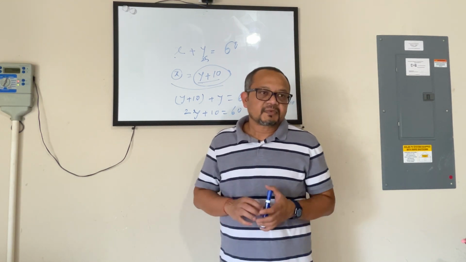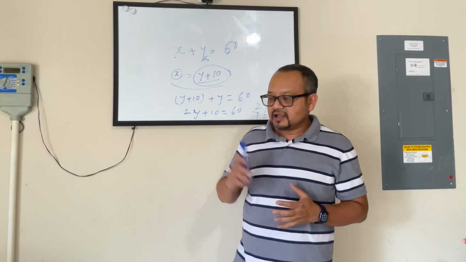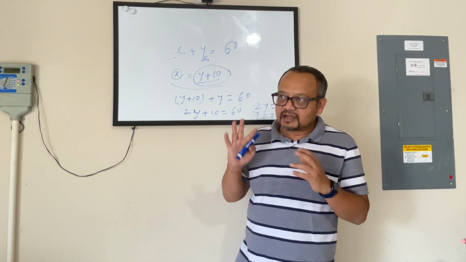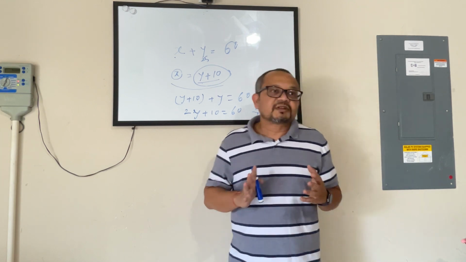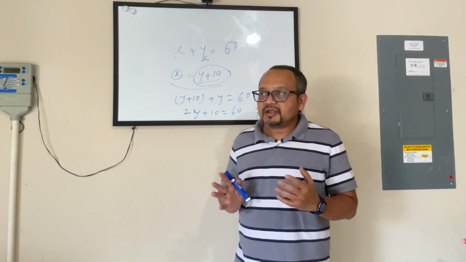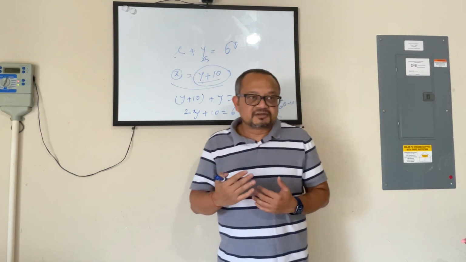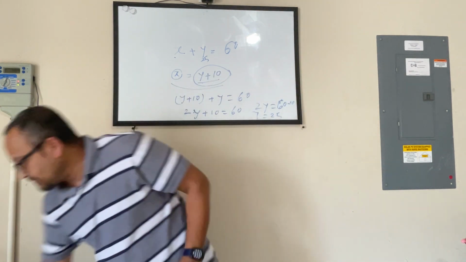Linear relationships. Okay. So basically, when you talk about a linear equation, you are essentially talking about a linear relationship, meaning a relationship between two variables or three variables. Let's say if I'm talking about